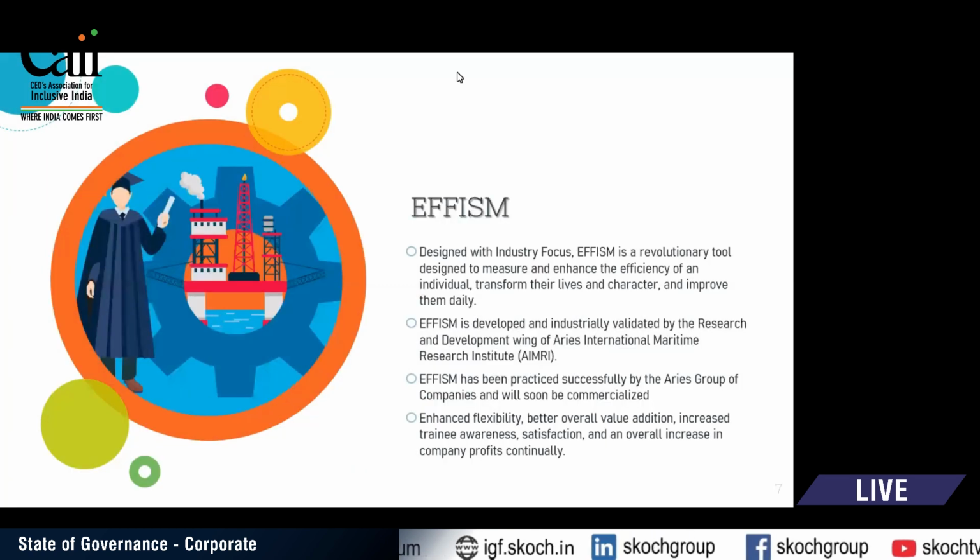And sir, according to our research center, we are a maritime institute, along with a research center where we have developed a software called FSM. FSM is software where we define the efficiency of a person. The institute is connected to our company, where we have tested this FSM software with all